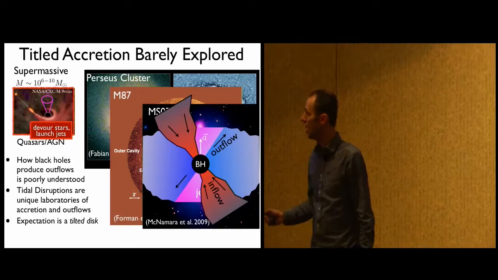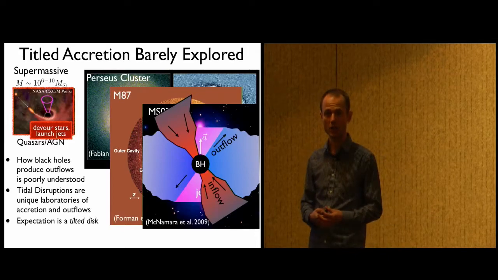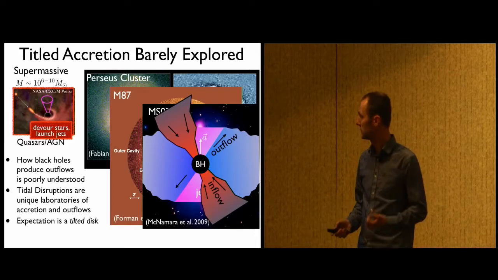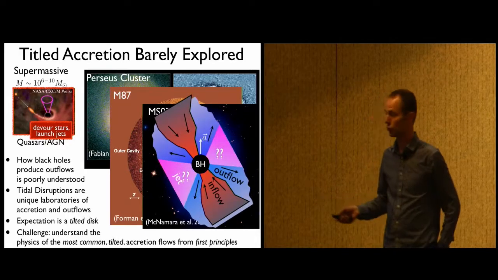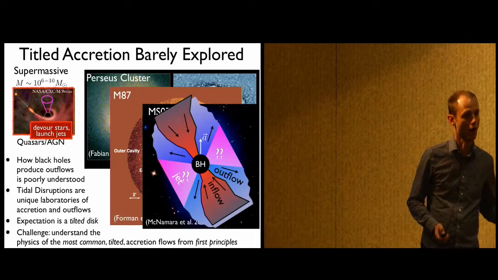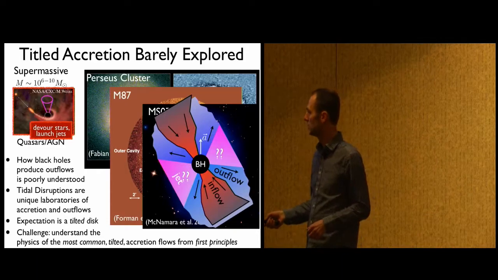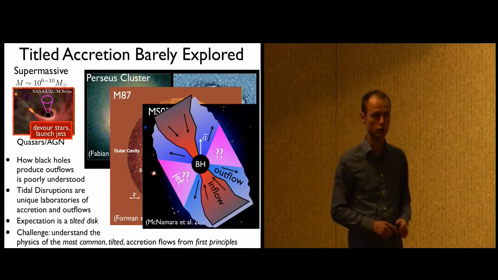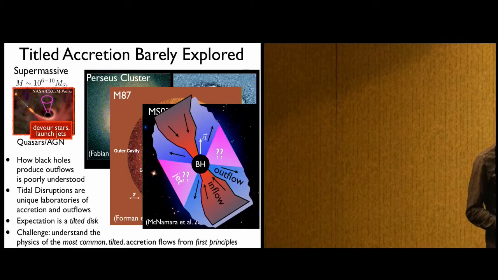And that makes understanding what happens in these systems physically much more challenging, both theoretically and computationally. In fact, we still don't know what happens to the outflow. Does it rotate together with the disk, or does it stay pointing along the direction of the black hole rotational axis? And this is the grand challenge that we're trying to address, the physics of these naturally forming, the typical